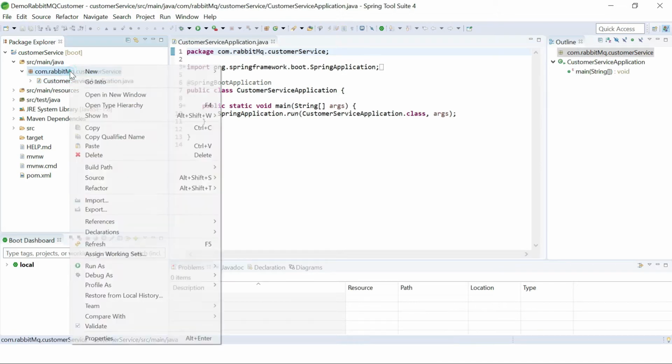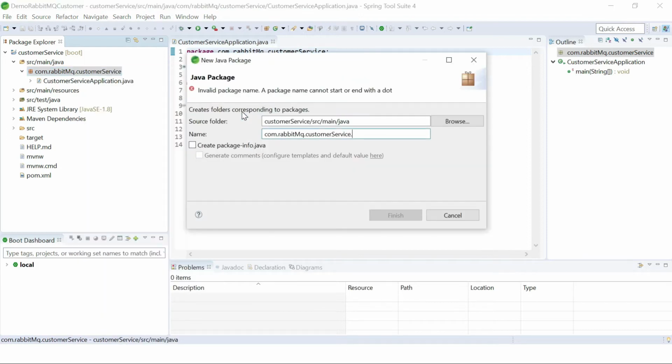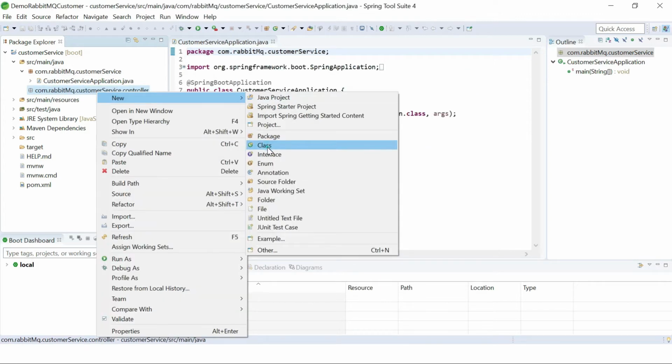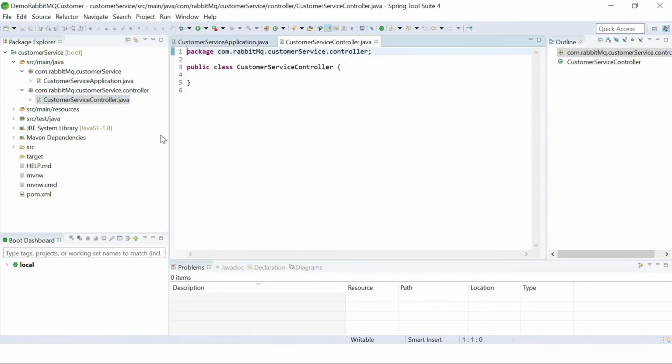Let me create a controller package. Go to package dot controller, create one class. The controller name will be customer service controller.